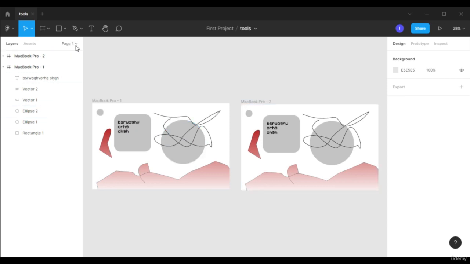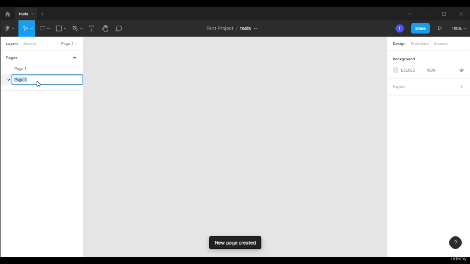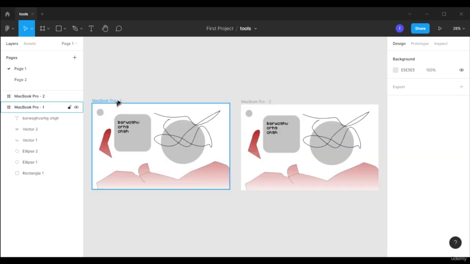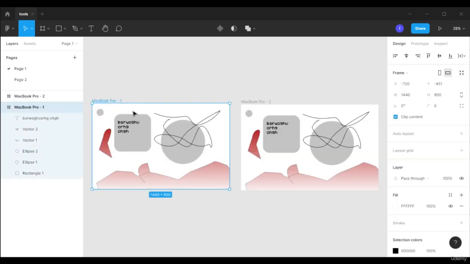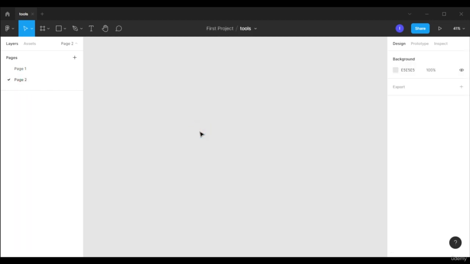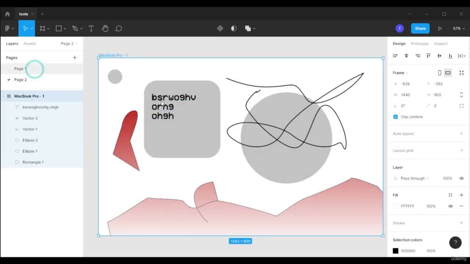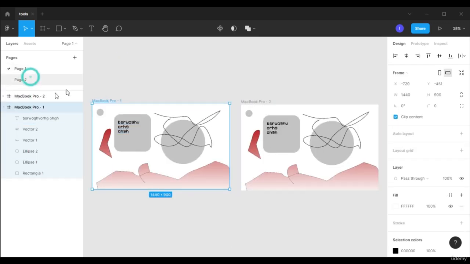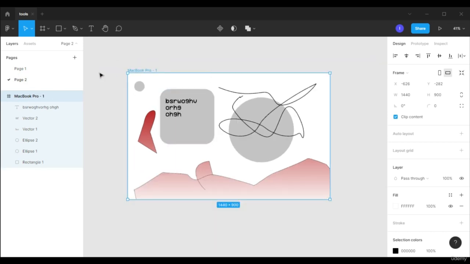And if you want to create a new page, like a blank page, I'm going to just click on this plus button. And if you want to rename it, you can just rename it whatever you want. For now, I'm going to choose Page 2, press Enter, and you can see the space is completely empty now. But if I want this frame to move from Page 1 to Page 2, or I just want to copy, you can just press Ctrl C and just go to Page 2 and press Ctrl V. And you can see our frame from Page 1 is now in Page 2,